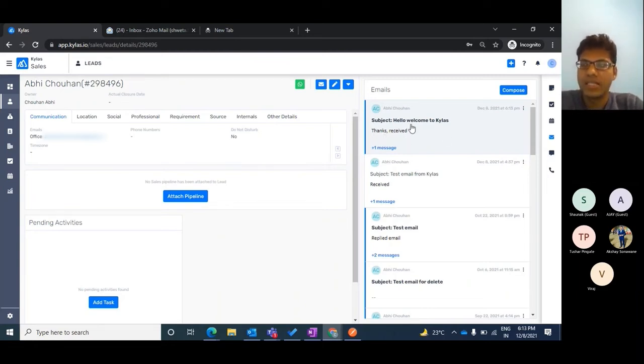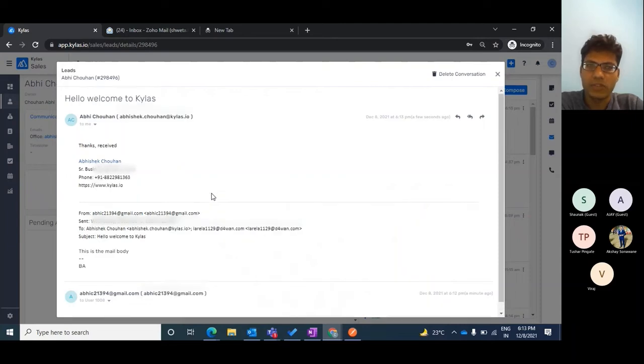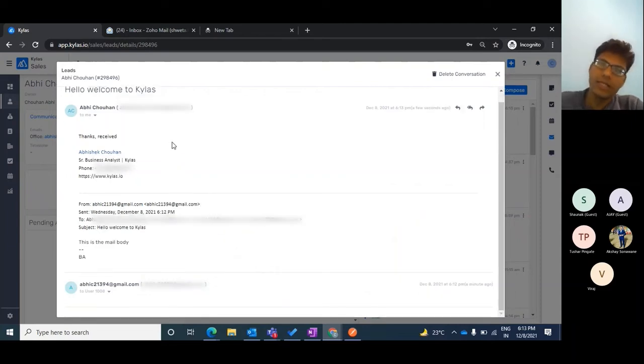Since this is an unread email, it is shown with a vertical blue line and the text is bold. If you notice the second conversation, where all emails are read, it is shown in non-bold, in a normal format. I can click on this and view the whole conversation that has happened. It loads all emails that were in this thread, which you can assume is a simple Gmail email thread.